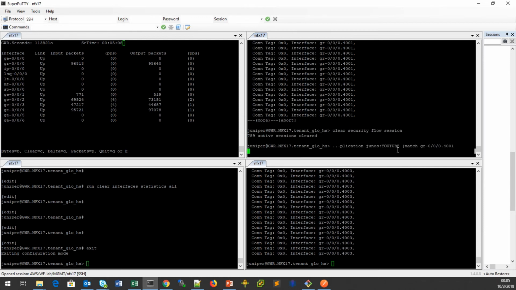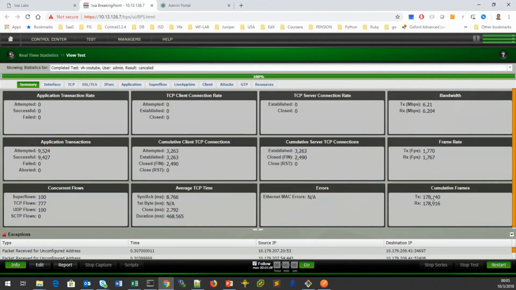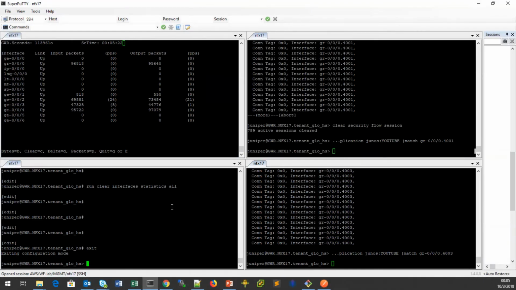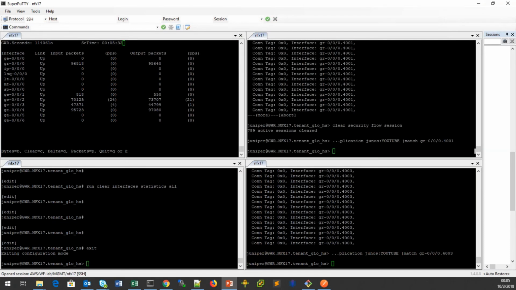So yeah, we cleared the flows. Because deployment is successful, APBR has been deployed. Because we are observing the case where midstream support is off, case number 3, let's make sure that